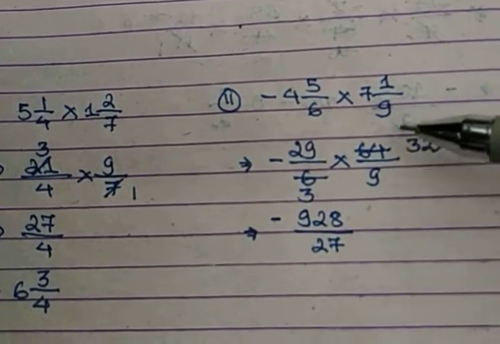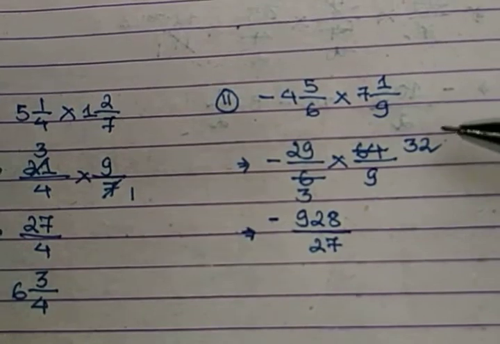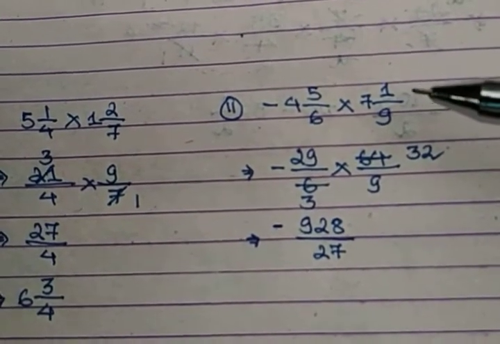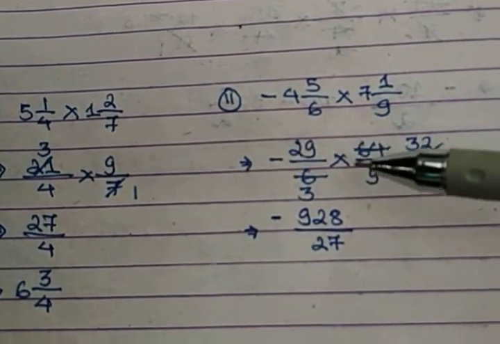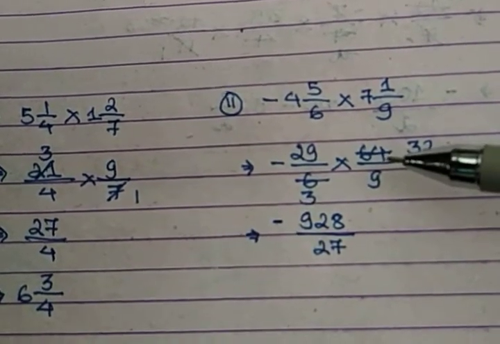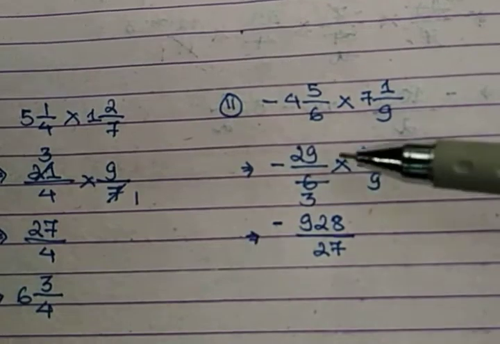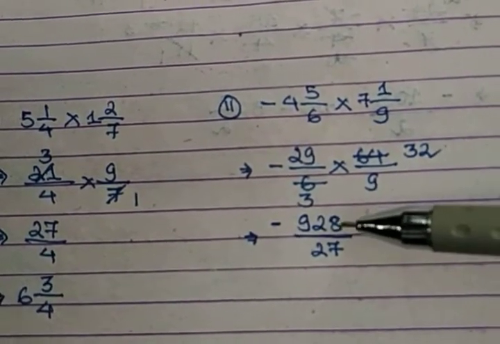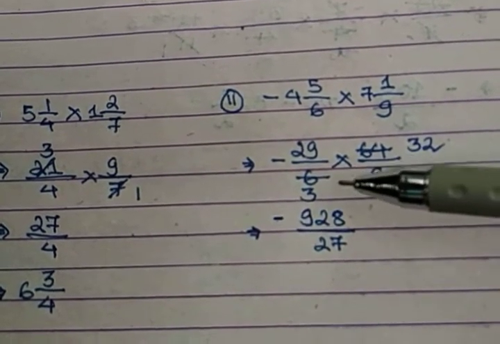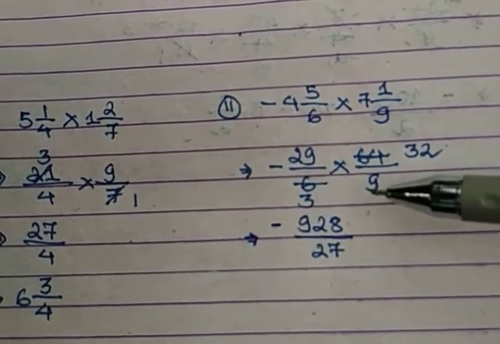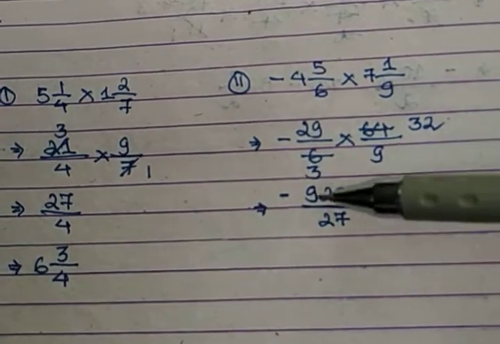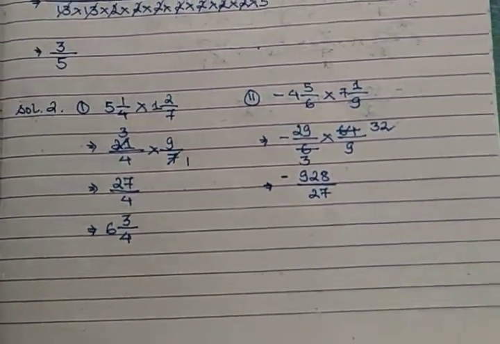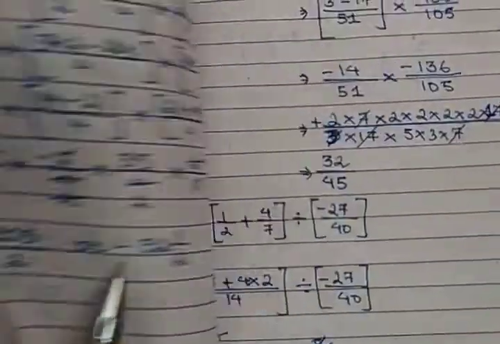After that, what do I see is, none of the terms can be cancelled. So I have simply multiplied the numerator. As I said, the sign needs to be multiplied first. So minus into plus, since the second fractional form was a positive term, it's minus. It's 29 into 32, it's 928 divided by 3 into 9, it's 27 in the denominator. It's already in the simplest form, so we can keep our answer as it is, isn't it? So I hope you have understood up to here.